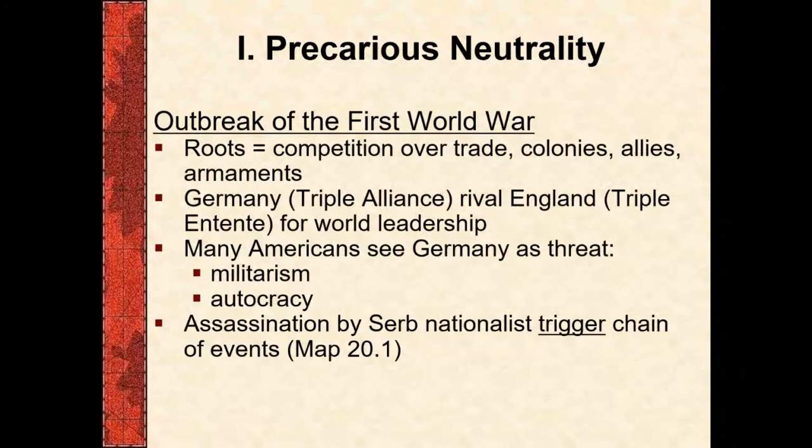Assassins are in the crowd. They throw a bomb. It hits the car behind them. Right? So they take off, and they do manage to escape. And they go off and they kind of regroup at a hospital. But the Archduke wants to check on the people behind it, the people that were affected by this bomb.